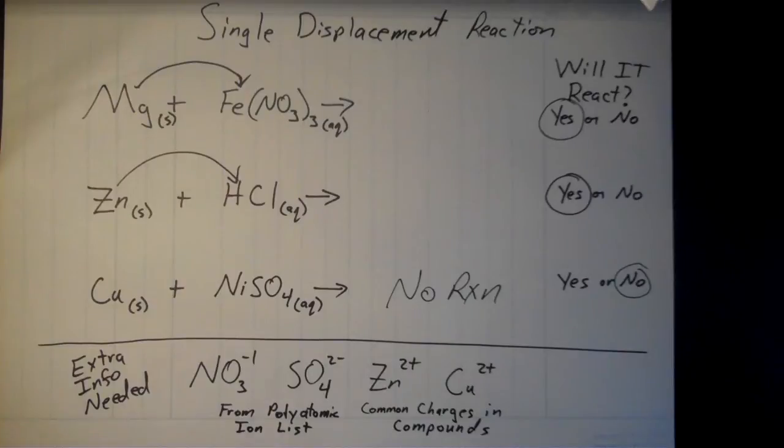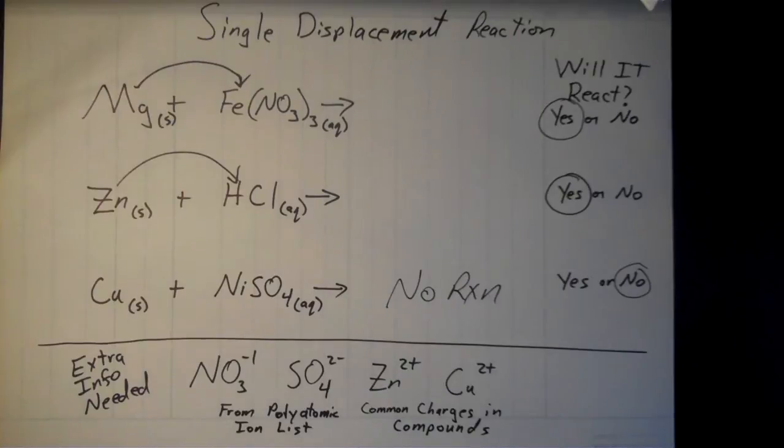So again, your instructor might give you this information, or you might have to look it up if you're working on a homework problem, that sort of thing. But just for the video here, I put it down at the bottom. We need some polyatomic ion formulas and their charges, as well as some transition elements and their charges. Zinc and copper, we can't really easily tell what their charge is based on their location in the periodic table. Some instructors might have you memorize that zinc is a +2, but again, I'm just giving that to you here just so we've got that information.